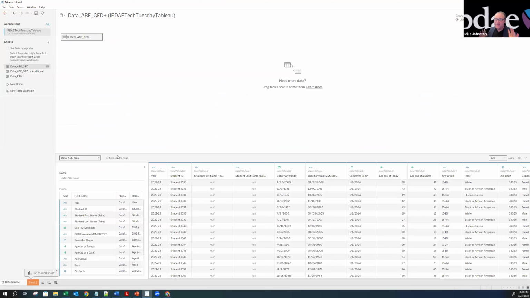Do not fret. If you join data and you really didn't want to, it's very easy to unjoin it or ununionize this. You can come over here and left click on this little pill, this little tab, and click on edit union. You can say, oh, you know what, I really didn't want to include ESOL in this population. So you can click X, scroll down and hit OK, and it will remove that ESOL population and only union these two data sets. So the ability to union and join data is very powerful in Tableau.